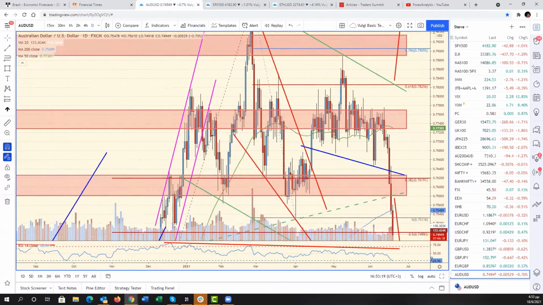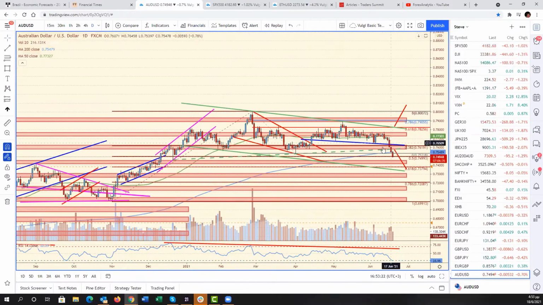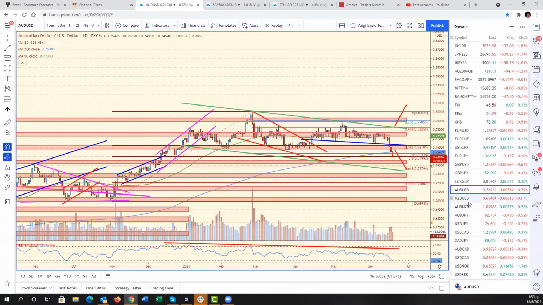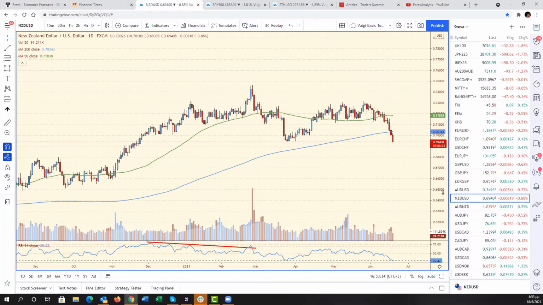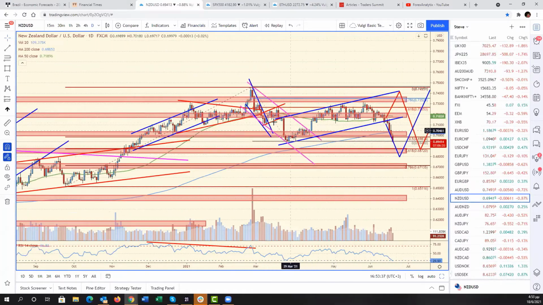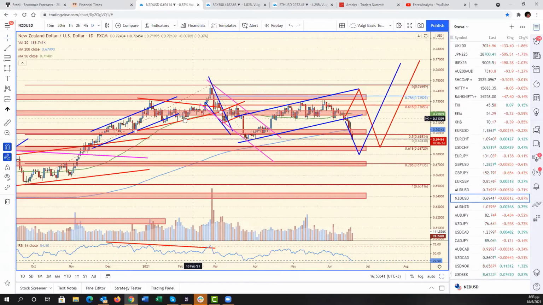Now, Aussie has broken through the trend line support of the potential symmetrical triangle. So that goes out of the window. That opens the door for a move lower towards 73.5. So more room to move there. I said weeks ago that Kiwi was anyhow looking like it wanted to produce one more move lower. And